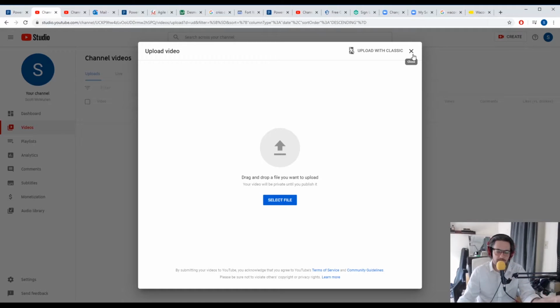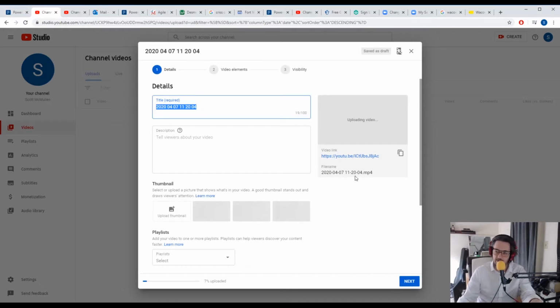But normally once you've got that sorted out, you click on create a video, and it gives you the upload video dialog. You can take any file that you may have. I'm dragging a file over. You can't see it, but when you drag your file from your file manager into the YouTube upload video area, the arrow kind of shrinks down and indicates that it's about to upload. If you let go, it looks like the arrow is flying through the air and your video is uploaded. The default title for the video is just whatever your file name is, and you can change it